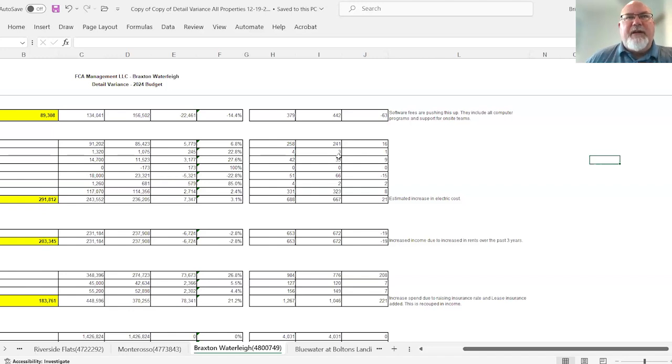So when we look at our budget, we want to make sure that nothing gets out of sync with regard to historical data and our benchmarking market information. So that allows us to make sure that when I'm looking at our expenses and we're at a 40% expense ratio, that's a pretty strong number. That allows us to continue to manage our portfolio efficiently. What I then do is I ask our management company to go in and break everything down on a month-to-month basis. So I am going to, again, stop sharing this,